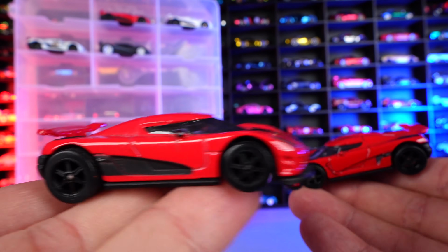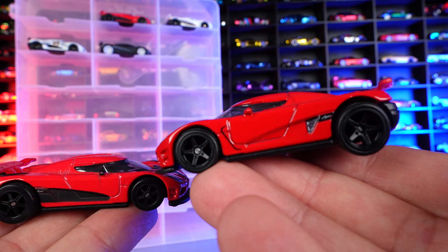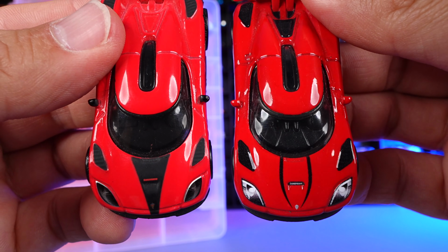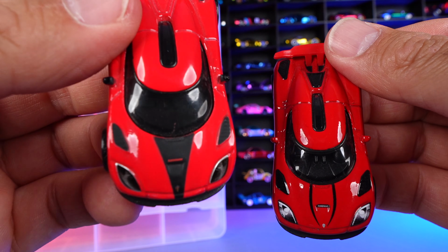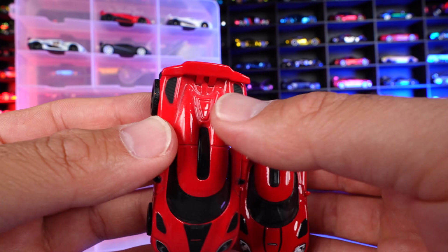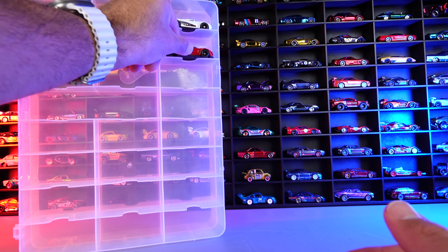So you can see our original release one has the black painted on the side and different wheels. And then our latest release one, you can see it's got the different wheels with no painting on the side. Very, very similar colorway. You can see the differences on the front as well. You can see the pinstripe kind of fronts on this one right here, and that one's got more of a regular stripe on there. So similar but different. You can even see black painted on the rear here, not on that. So interesting to see and compare them side by side, but we'll go ahead and throw them just right up